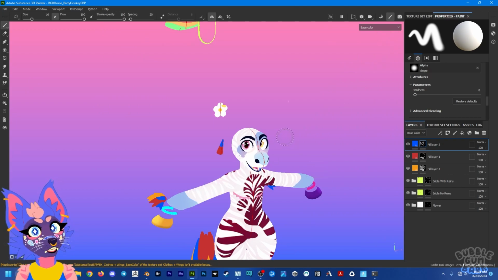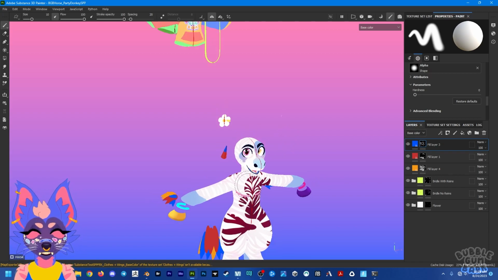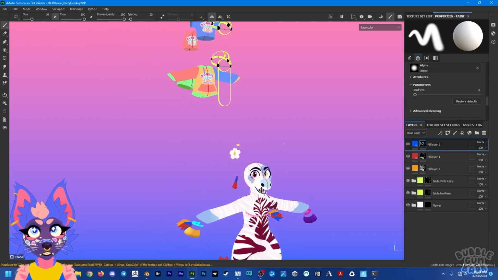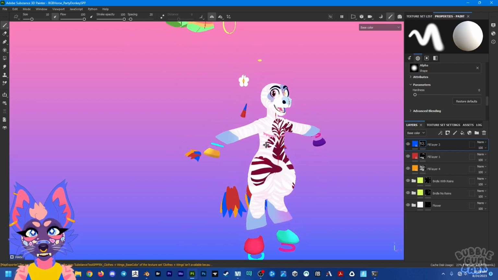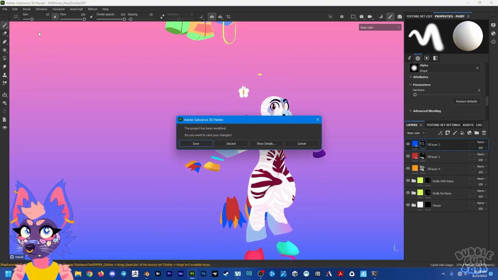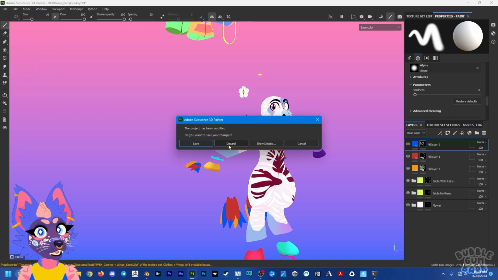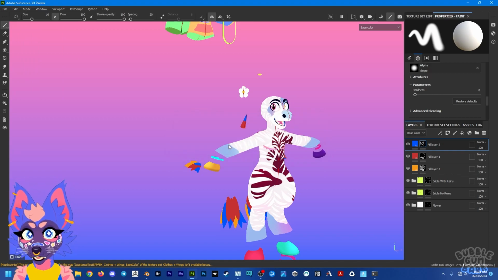And then you move on to Unity, which will be a different YouTube video. And that's going to be how to set up the model. But this is basically just how you want to set up your Substance Painter file. And of course, if you just want to look at everything and you don't want to go through the process of exporting in all that jazz,